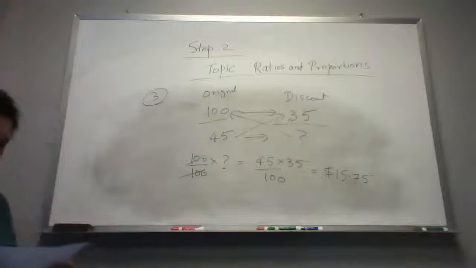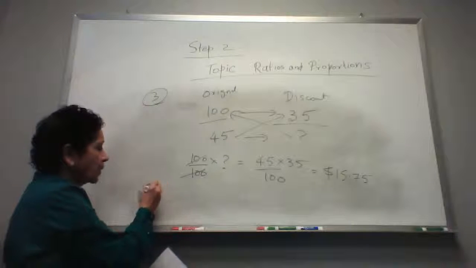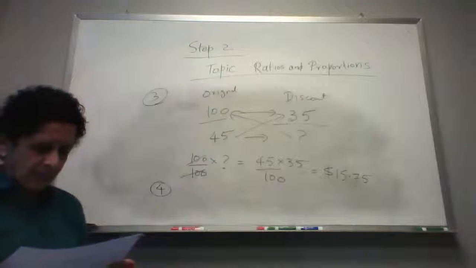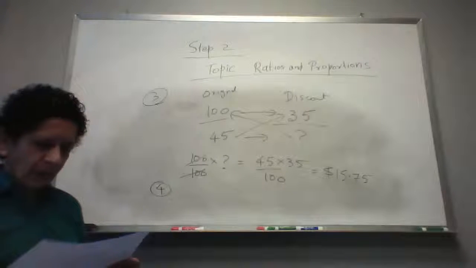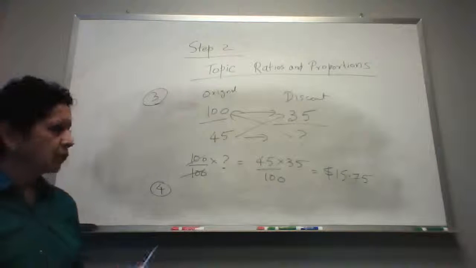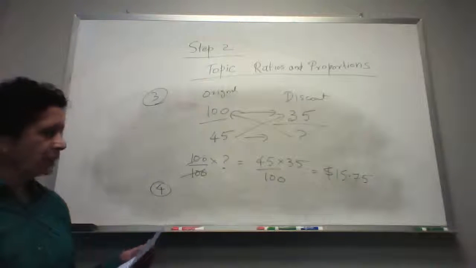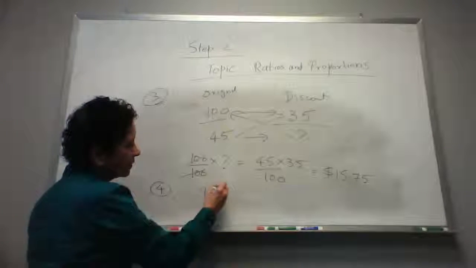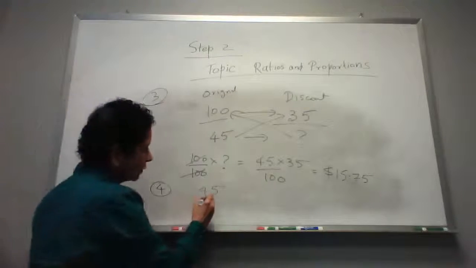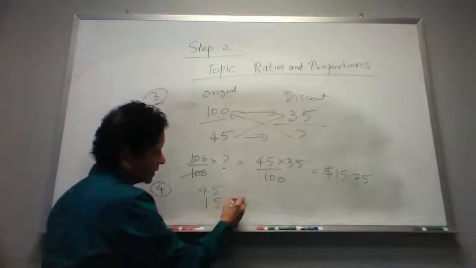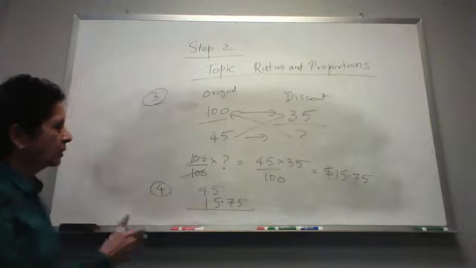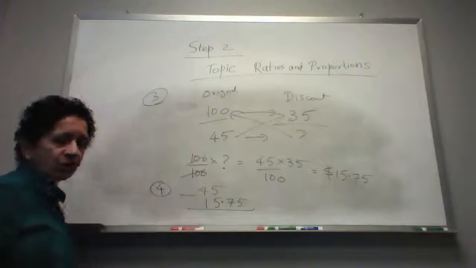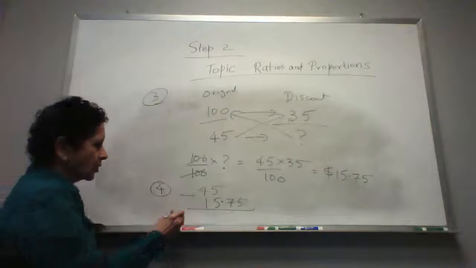Okay. So then the next problem number 4, it says that a shirt costs $45. It is on sale for 35% off. How much does it cost on sale? So the discount is $15.75. So how much it's costing now? So the original price is $45, and now discount is $15.75. So in the calculator, you can just say that $45 minus the discount $15.75, and that comes out to be